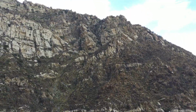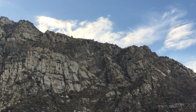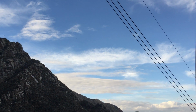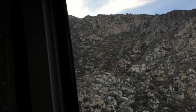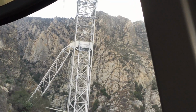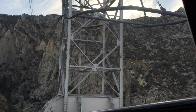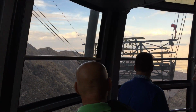As we approach tower number 2, at the top of the tower, you can see a 16 by 16 foot yellow helicopter platform used during construction and now used during the tram's maintenance period. Additional platforms will be seen on the remaining towers further along our journey. As you no doubt have already noticed, we experienced a swinging motion as the tram car transitions from the track cable over the tower saddle and back to the track cable. This motion resulted in the car moving